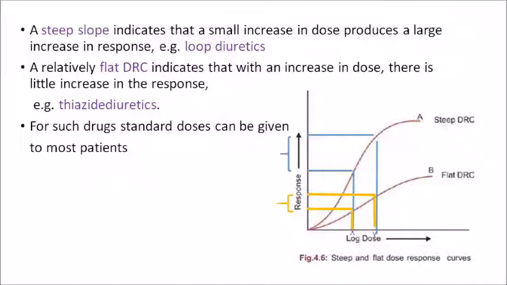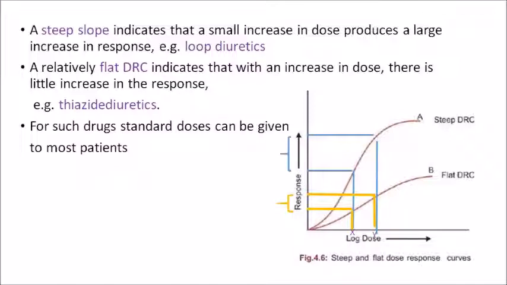For example, there are two curves, A and B. The curve A has a steeper slope. So you can see from the figure, I have denoted the increase in dosage on the x-axis from x to y. The point x to point y shows the increase in the dosage. Then try to plot the increase in the dosage on both the curves. When we are plotting the increase in dosage on the curve A, you can see that with the blue lines, it is giving higher magnitude on the y-axis, or a higher response.